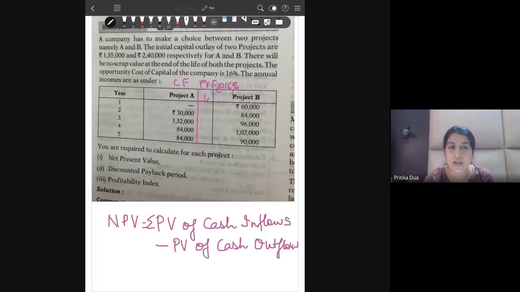The difference between the two is the net present value of the project, or the absolute addition to the profits of the company. Okay, in absolute terms, how much net return in rupees you are getting through the project adopted by the company. So you can just pick the values from the table, multiply them with the cash flows, add them up, and you will get the present value of cash inflows. Start solving, so that would be more clear.